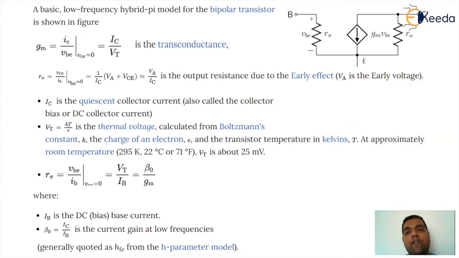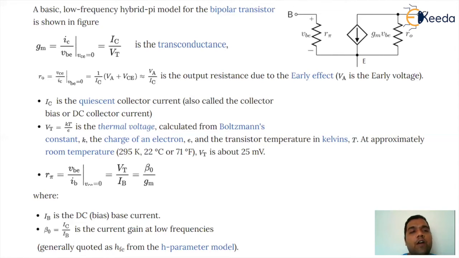So automatically the value of R pi will correspond to the resistance between the base and the emitter, representing a forward bias base emitter junction, and the voltage across that will be represented as VBE. Many represent that value as V pi because the resistance is R pi of the hybrid pi model. So the voltage across it will be represented as V pi with plus polarity towards base and minus polarity towards emitter. The current source, as we are aware, will have the value gm VBE, which can be represented as gm V pi also, and the output resistance can be defined as RO, which is actually equal to RCE.